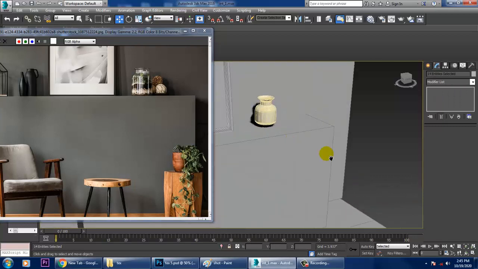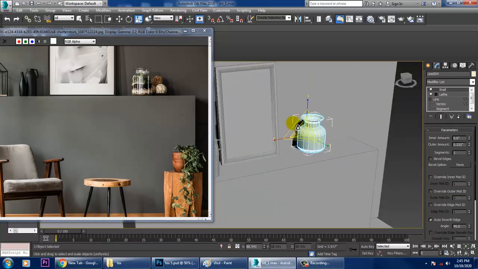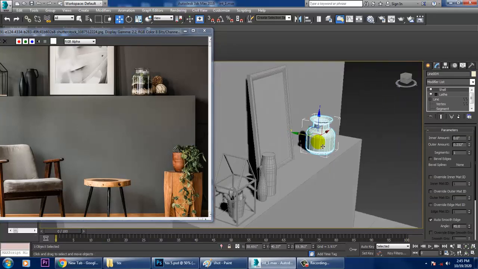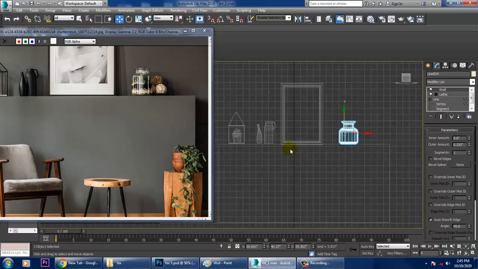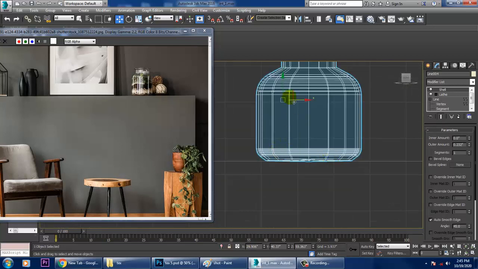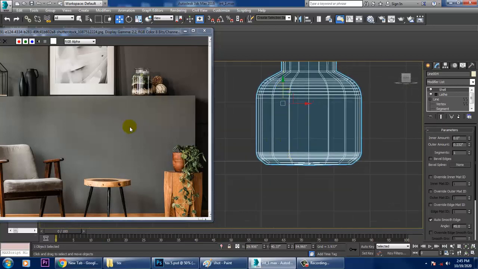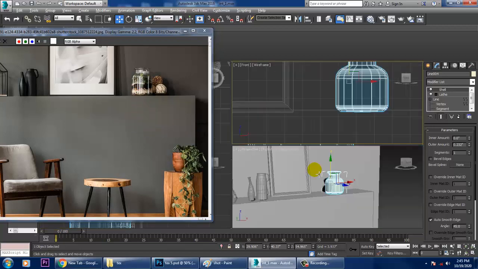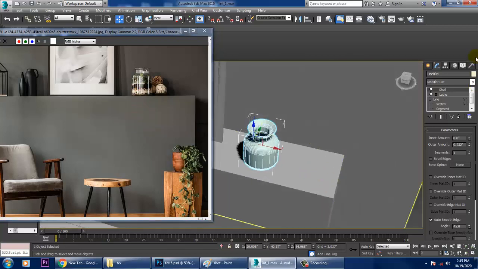Okay, so just select this and push it over here in this way. So make sure you drag it down. So let's save your file again.